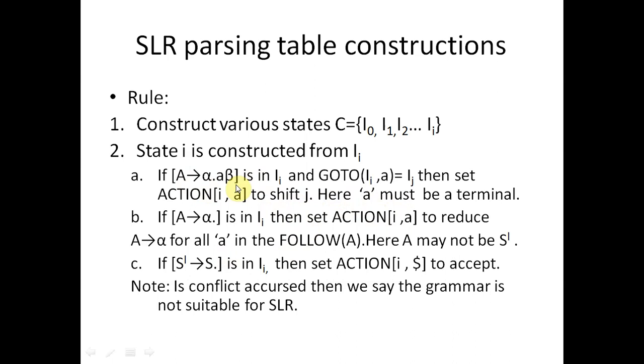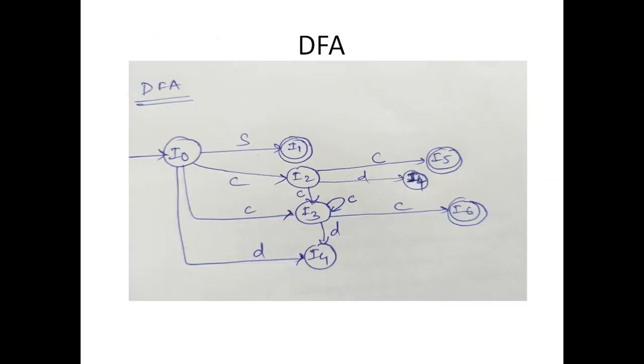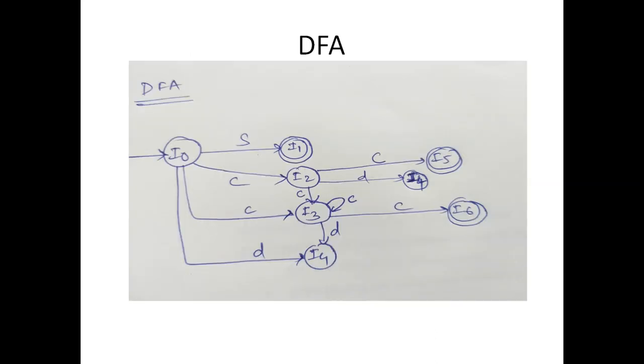So that means I have to see which states are receiving terminal symbols. I am repeating, which states are receiving terminal symbols, means which states are taking a terminal as input and making transitions, that I have to search. So the first step we will do that. Here we'll go to the finite automata. In the finite automata, in these transitions, we can see that a state is receiving a terminal.